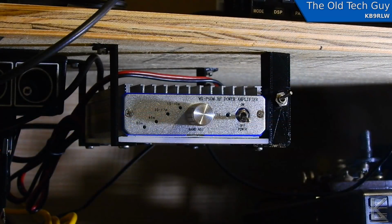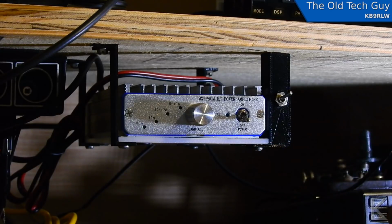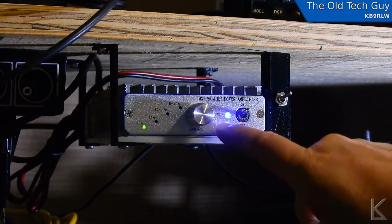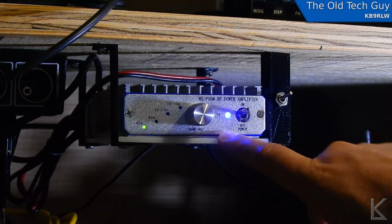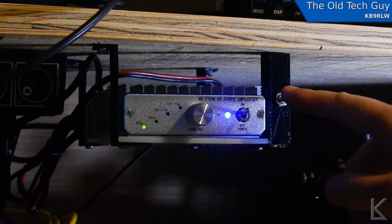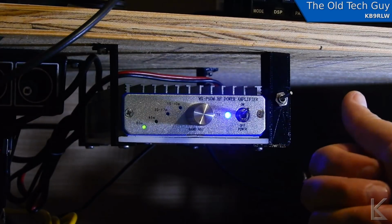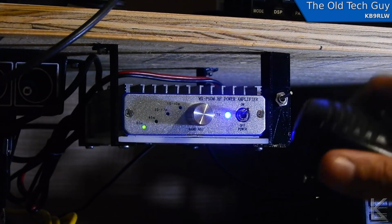Alright guys, here we go. I've got everything into the dummy load. Good, no transmit, that's good. That means I wired everything right. We're not locking it in transmit mode. Okay, down would be the 817. Up is the RS918, which did not work before. I've got it turned on. Let's take its microphone and...